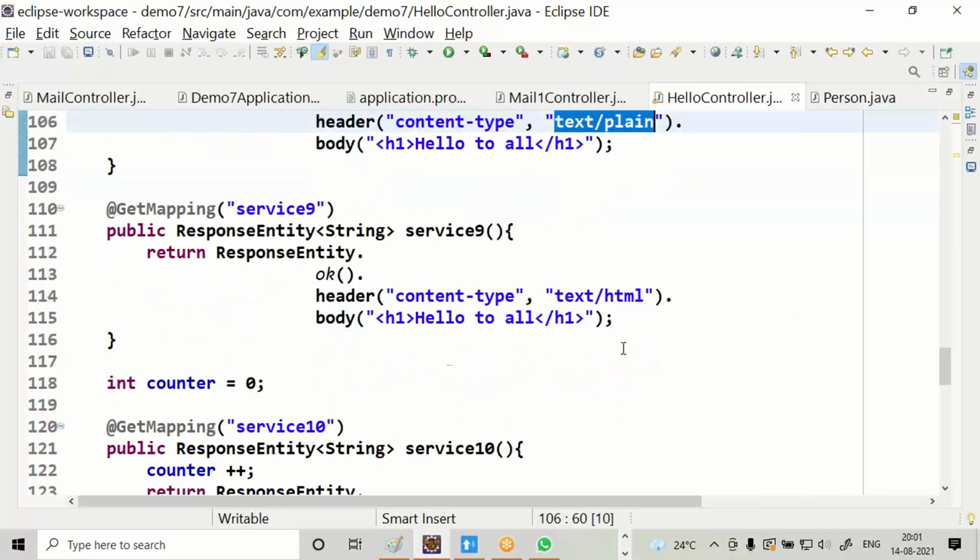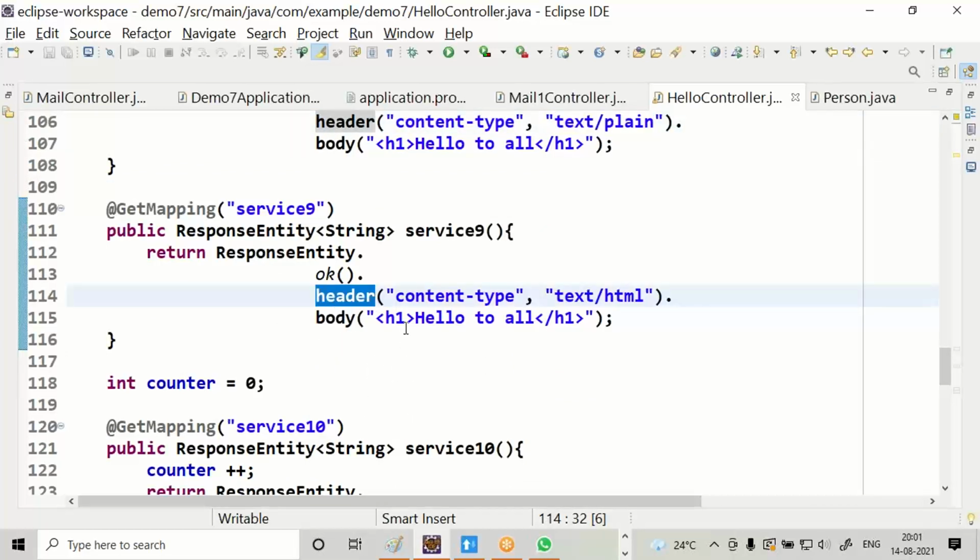Come to service 9. Again we are setting a response header.